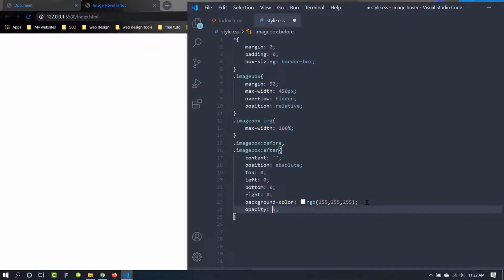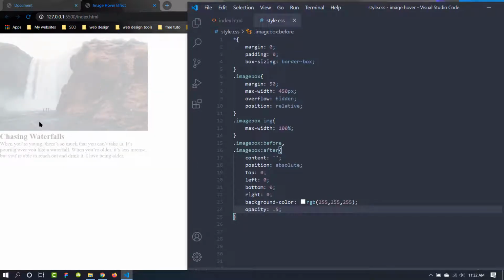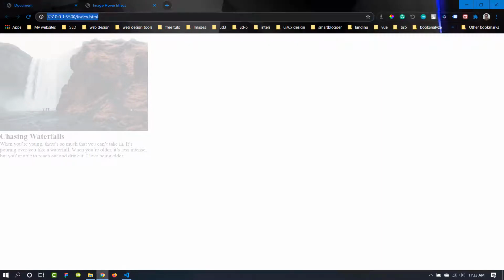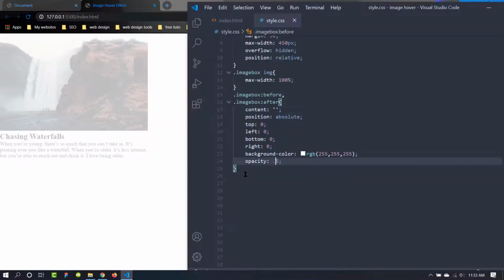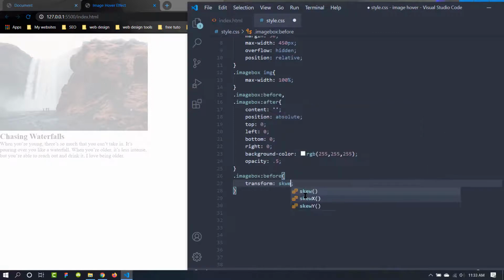Now I think this is it, and these before and after elements are overlapping the entire image and this text, so it is looking kind of blurry. To shape these overlapping elements like this one, we are going to use the transform property, and with transform we can skew them or translate them in a direction. So that's what we are going to do. Let's target the before first, and let's use the transform, and it will be skew, and let's try 30 degrees. Let's save, and this is skewing. We can push it to the left side by applying a translate.